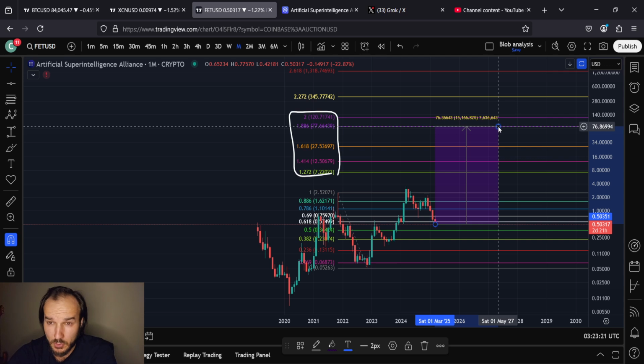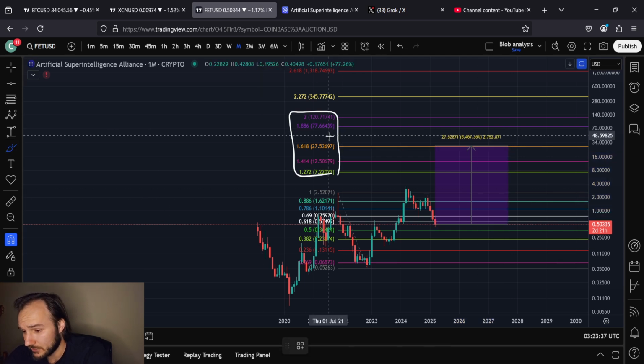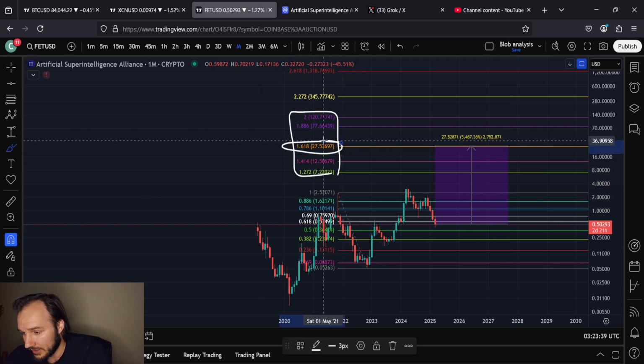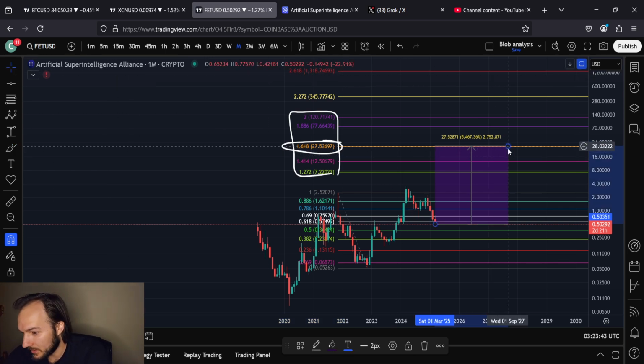Let's call it the land of the moon boys, right? That's your moon boy land right there. And sometimes, oh so rarely, we do get moon missions, moon launches. But if I really had to guess, I don't think that you go there. So 100x might actually be out of the picture, in which case I'm pretty confident. I actually feel very good about this $27 area, right? It's not as much as 100x, don't get me wrong, but you can wipe away your tears with money with